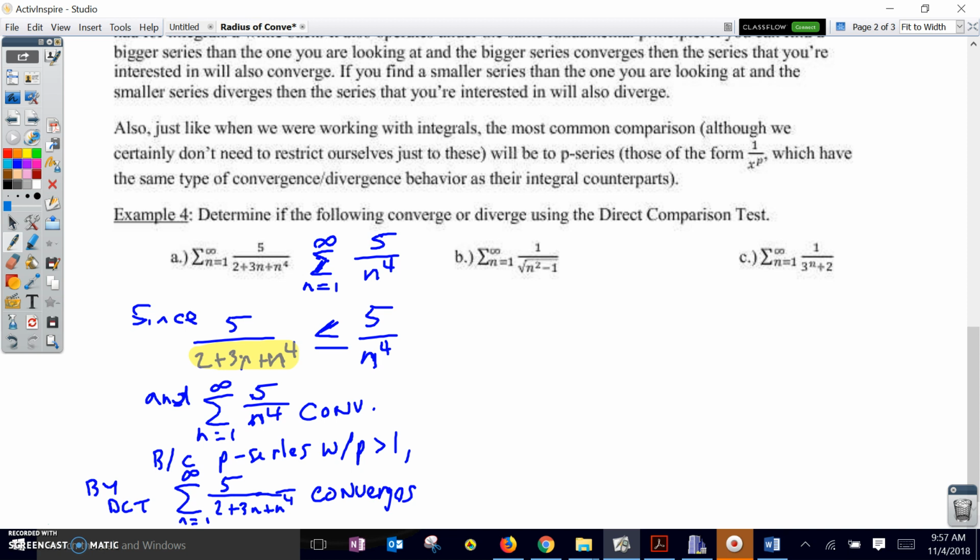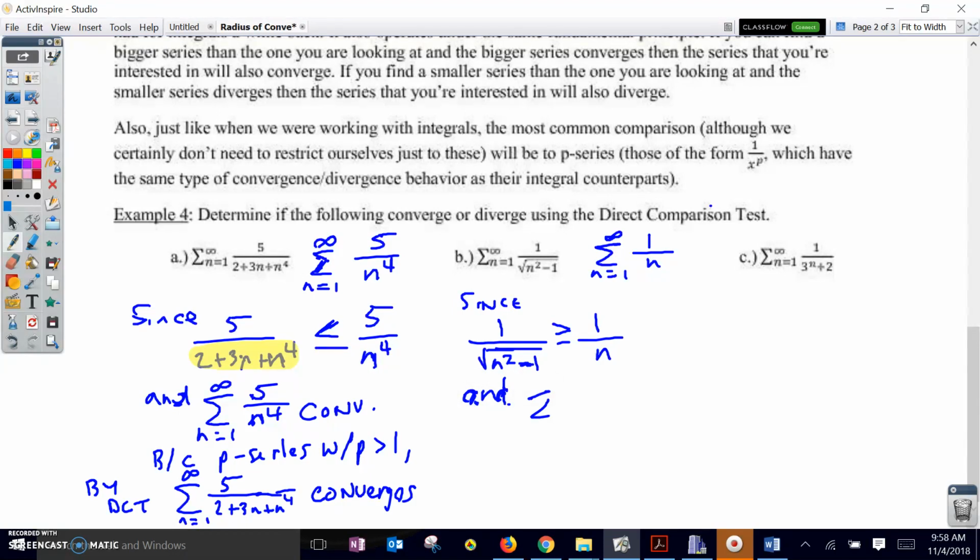Alright, on to part B. We're going to compare this to 1 over n. Okay, and we know 1 over n diverges. Now we need to think about the relationship between this and this. The first fraction here has a smaller denominator, hence it's always going to be bigger. So since that's always bigger than 1 over n, and